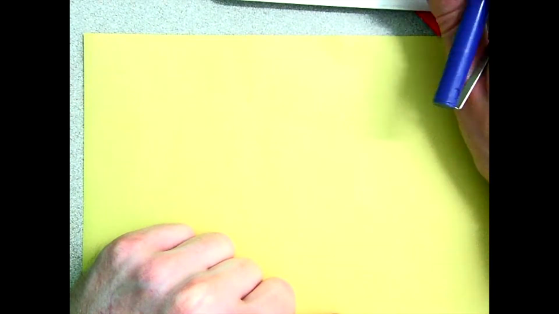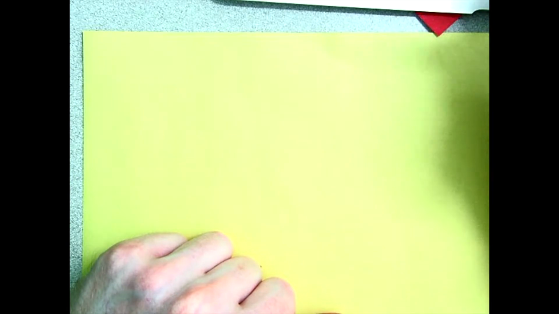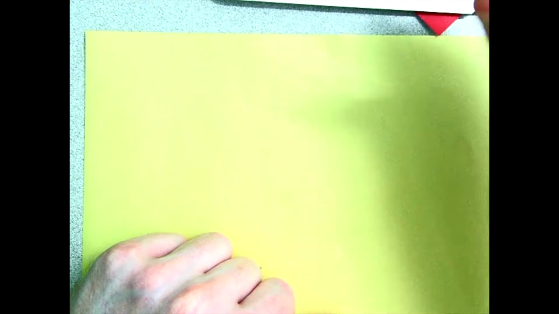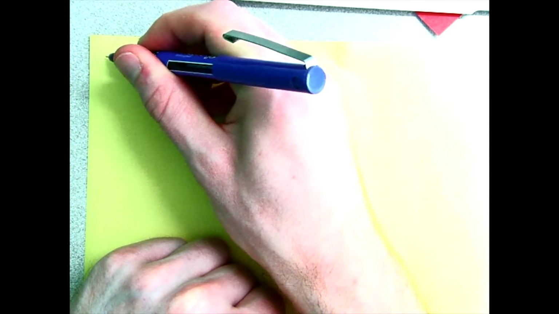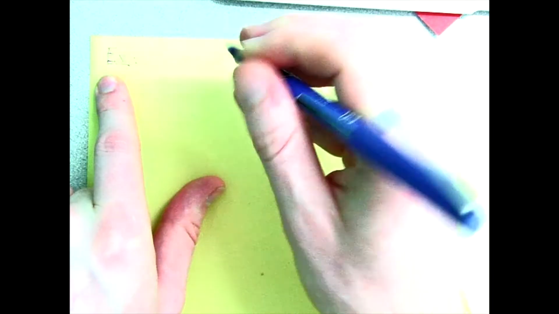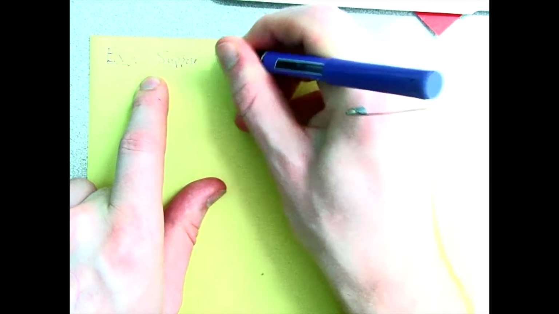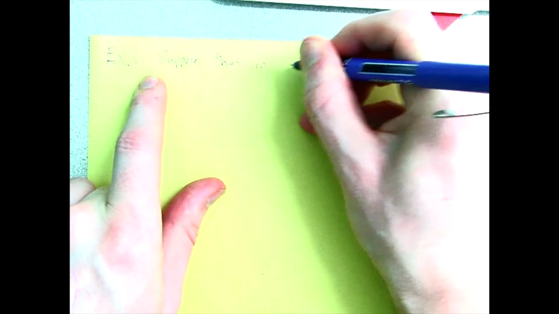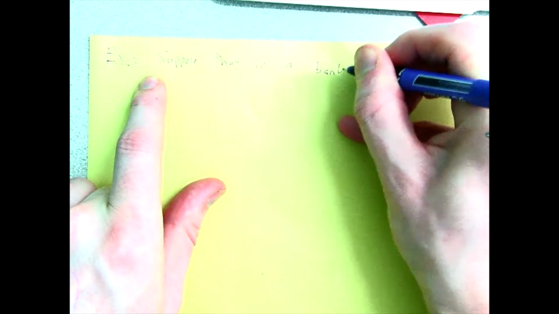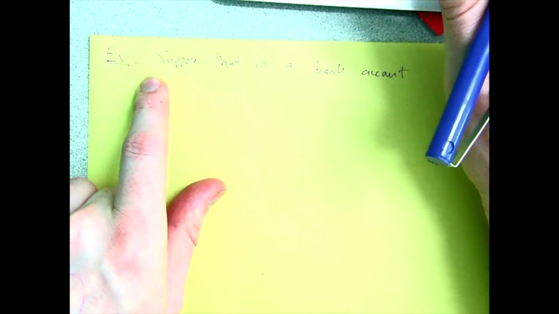Okay, so let's move on to a couple of word problems, which is, I think, really the focus of this section here. So let's start off with an example. So let's suppose that in a bank account, so you've got some bank account,